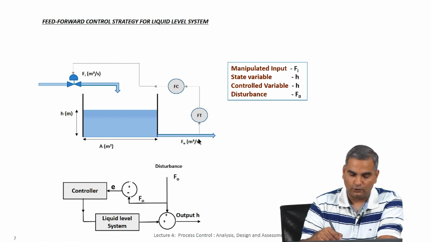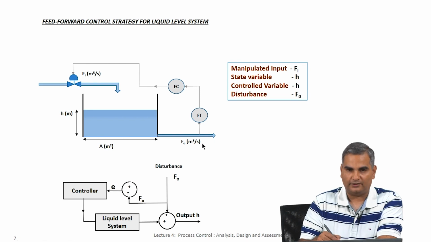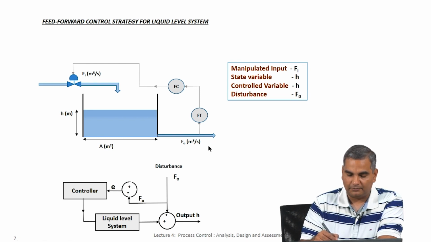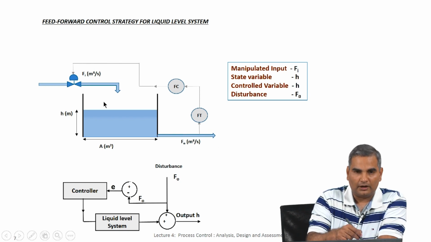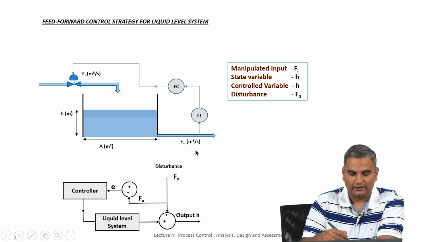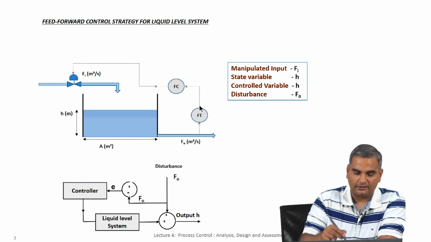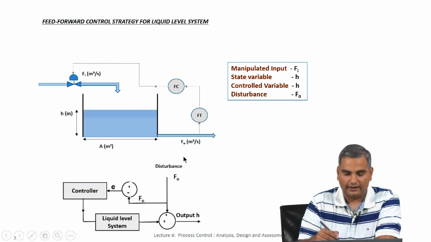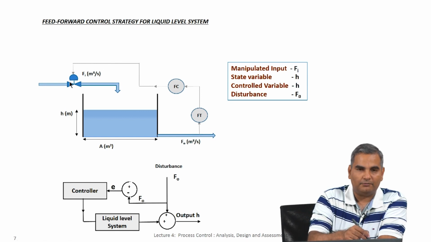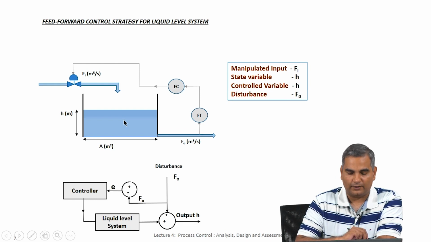then the minute the flow out decreases, you know that this height was at its steady state because Fi and Fo were the same. Now, if Fo decreases, that means there is a mismatch between what comes in and what goes out. There is more coming in and less going out. So, automatically you know the height will increase. So, what you can do is you can measure this and then set Fi to the F naught value, in which case, as soon as I have this changing, I am going to manipulate my variable here, so that the height is maintained properly. So, this is a feed forward control strategy.